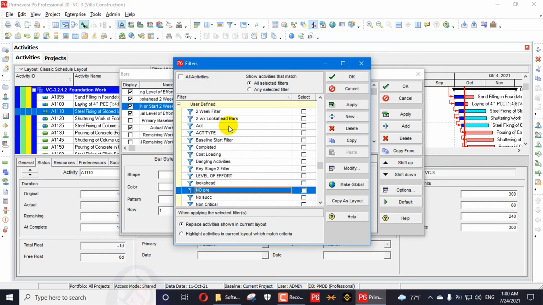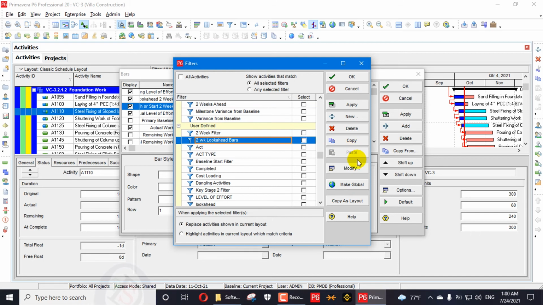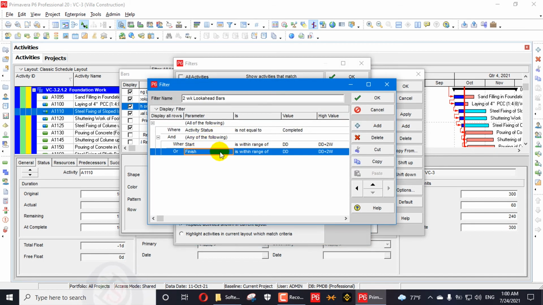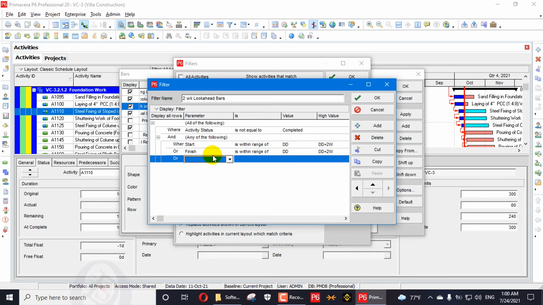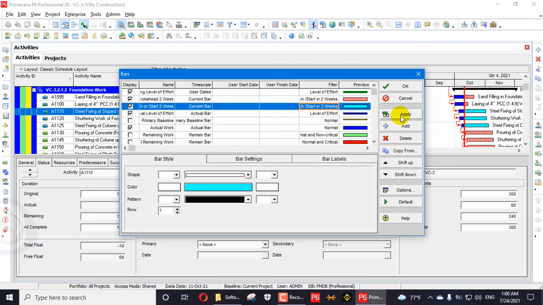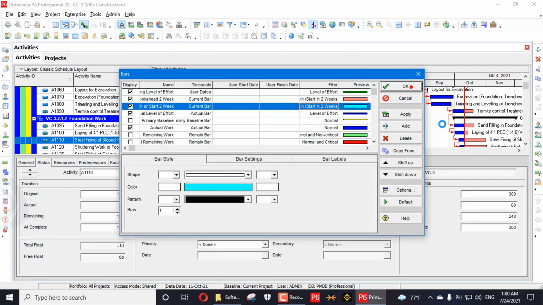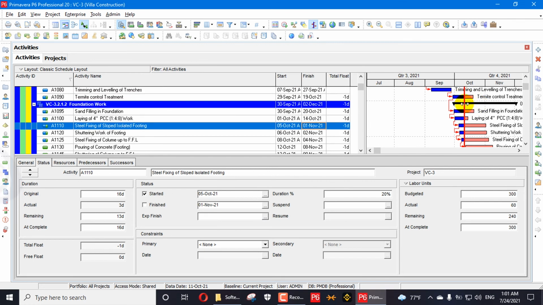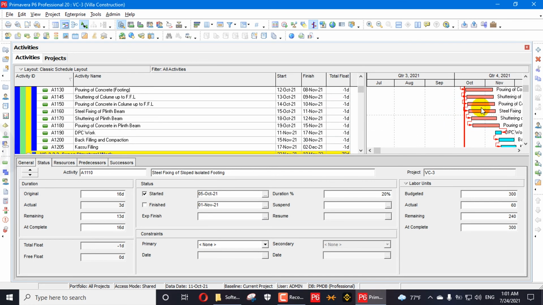And the other one here, modify, we will add here a filter, activity status equal to in progress. So while in progress activities, it will not shown here and it will not clarify this one. Okay, press apply. Okay, so now you can see the all activities which are in progress will be also shown in the same color.